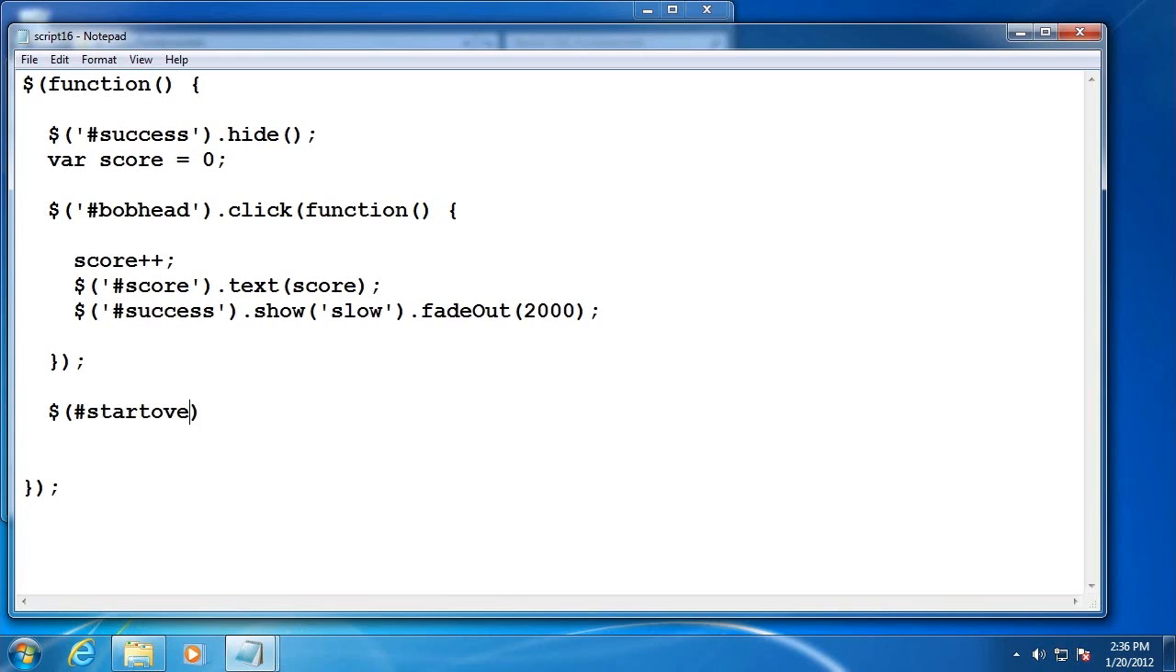So start over div, or the item that has an ID of start over, and I'm going to handle the hover event. And again, these events take anonymous functions, and inside of that anonymous function is where I'm going to do all the magic. I'm going to set the score back to 0, and I'm going to change the score